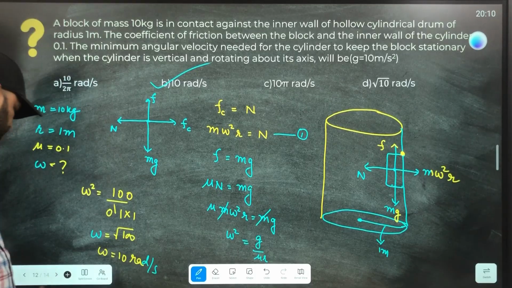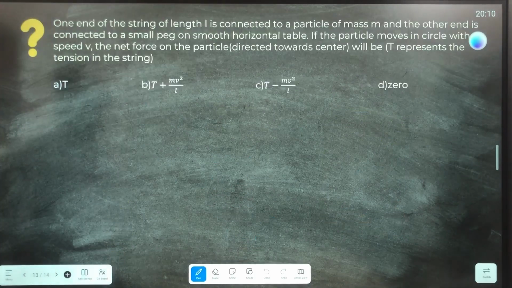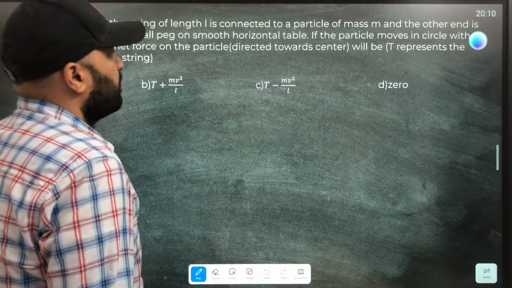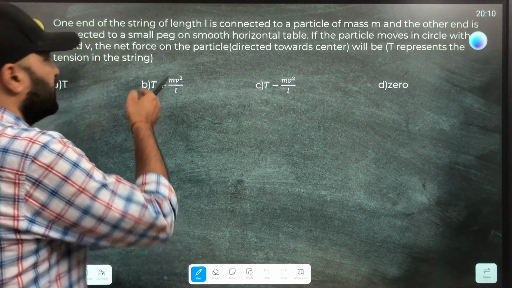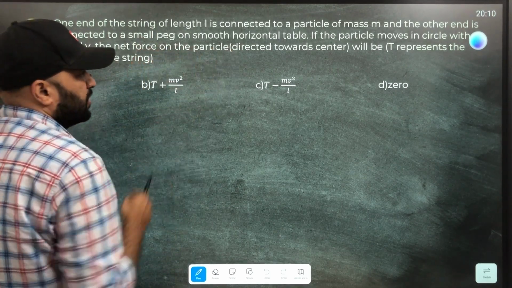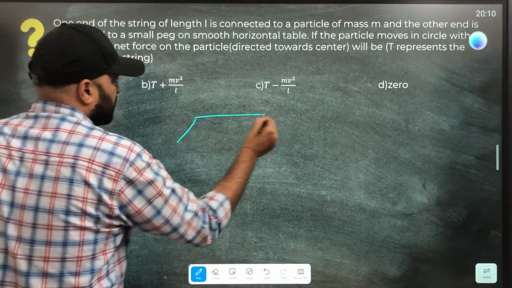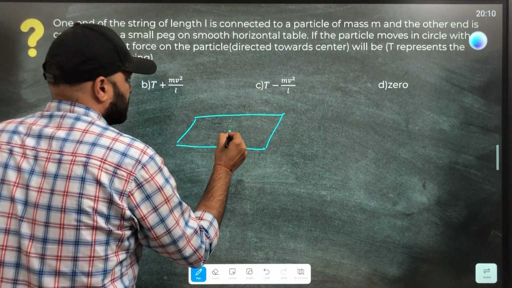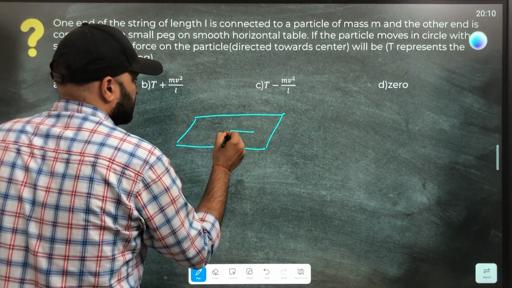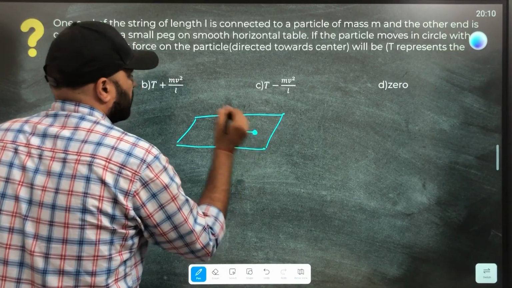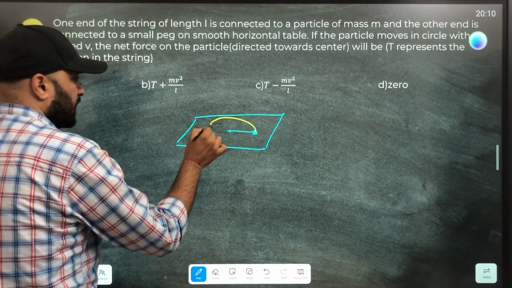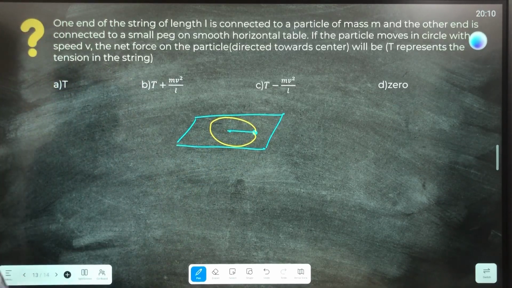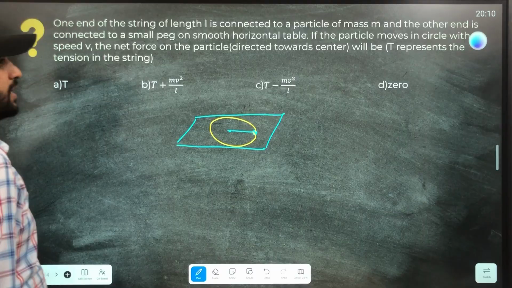Okay, let's see the next question. One end of the string of length L is connected to a particle of mass M, and the other end is connected to a small peg. You can say a small coin on a smooth horizontal table. Let's imagine that this is our horizontal table here, and this is a thread connected to a coin. If the particle is moving in a circular motion with speed v, the net force on the particle will be